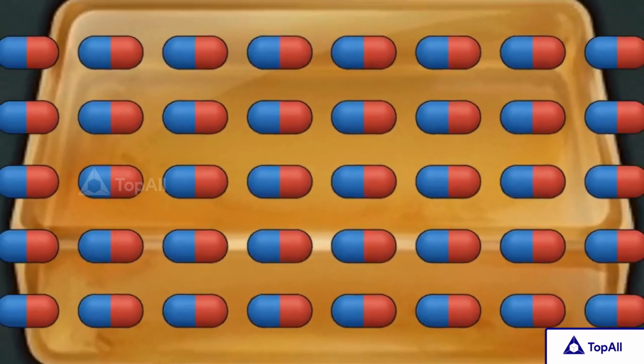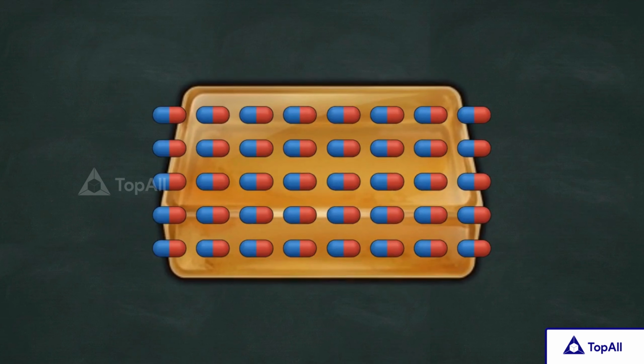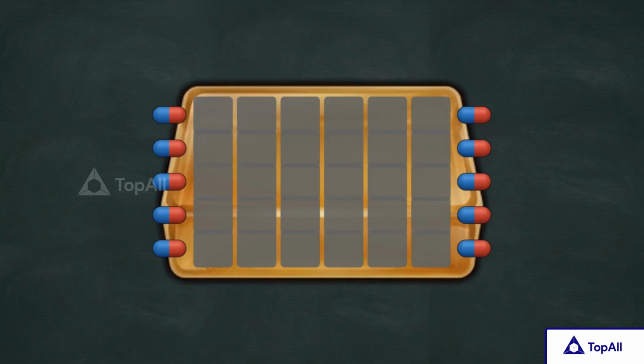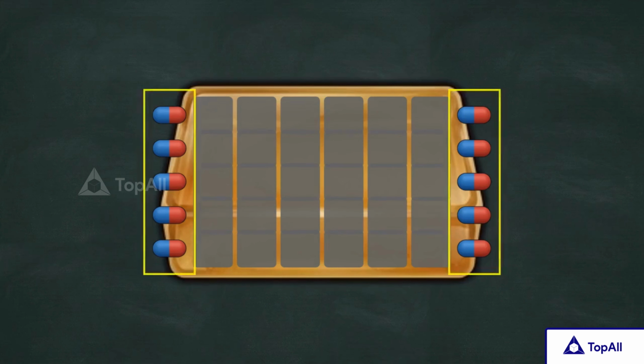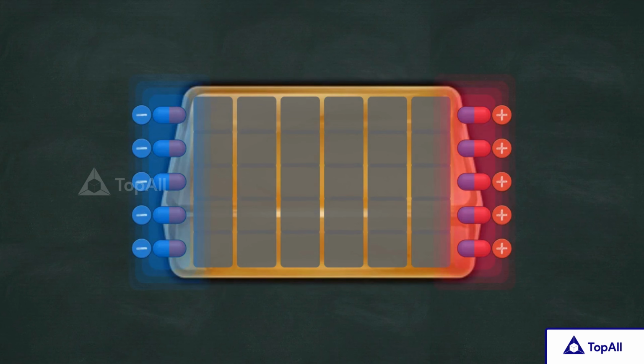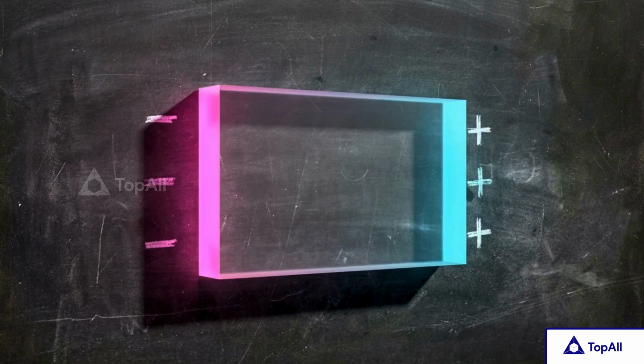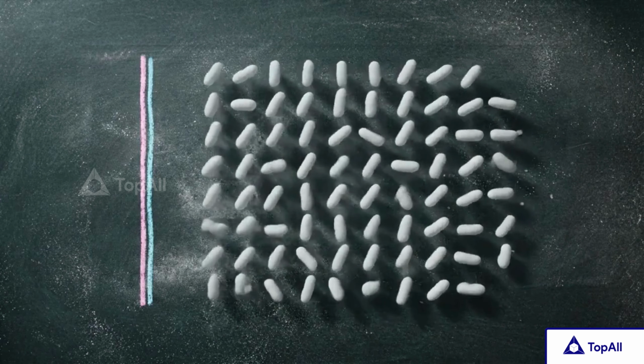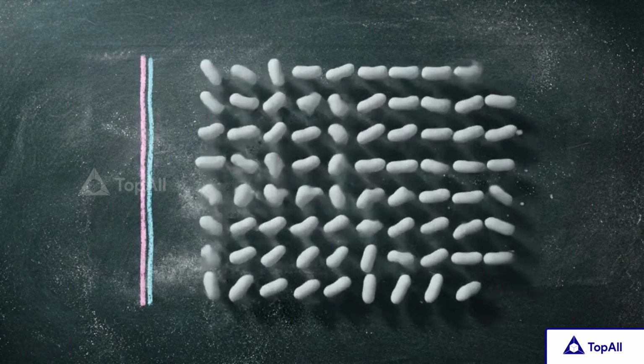Zooming out, the dielectric is packed solid with uniform rows of dipoles. Inside, they stack head to tail. Every positive charge neutralizes a neighboring negative one, leaving the interior neutral. But at the extreme edges, this chain breaks, leaving entirely exposed layers of unneutralized surface charges. This creates what physicists call an induced surface charge. By simply stretching and aligning its locked molecules in place, the dielectric successfully mimics the surface defense mechanism of a